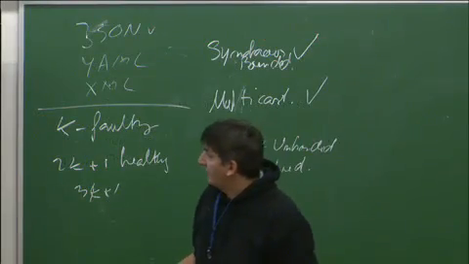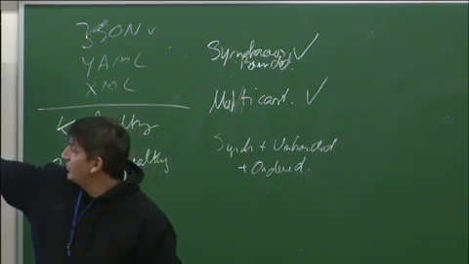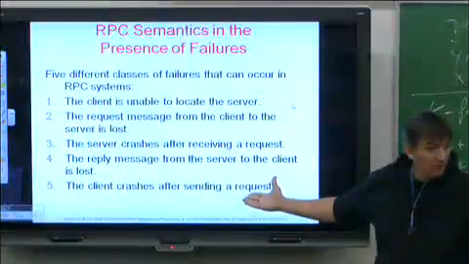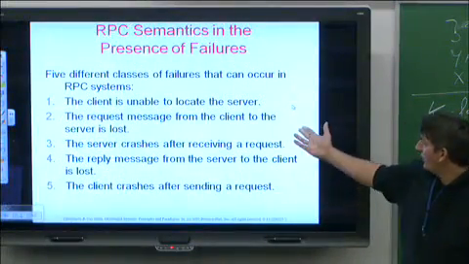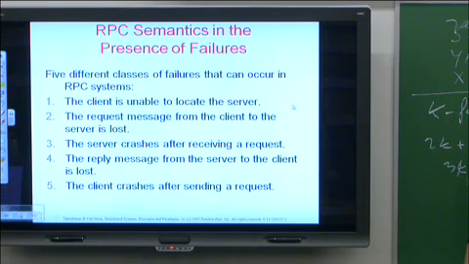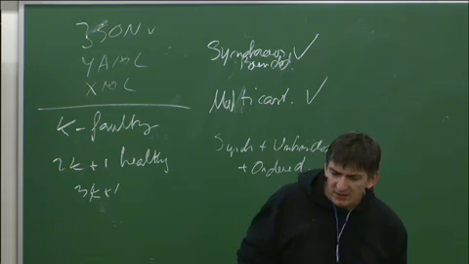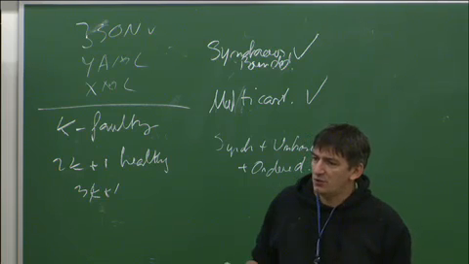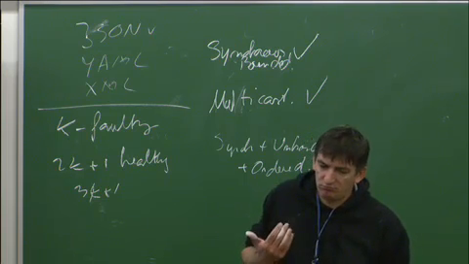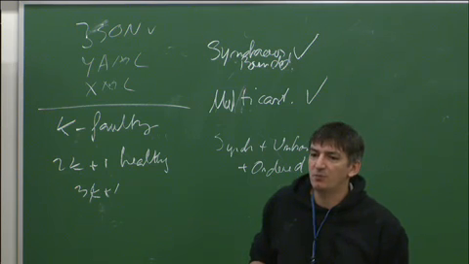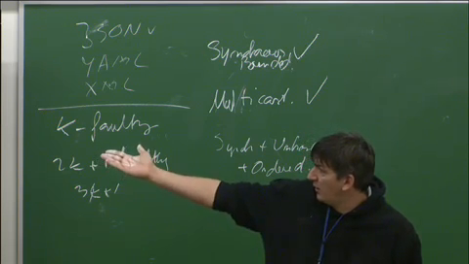Well, almost everything. The client is unable to locate the server. What do you do then? So what can you possibly do when the client is unable to locate the server? Well, here is one thing to keep in mind. What you would like is solutions that are as transparent as possible. So you want to bother the actual end user as little as possible. But for example, if you cannot locate the server,